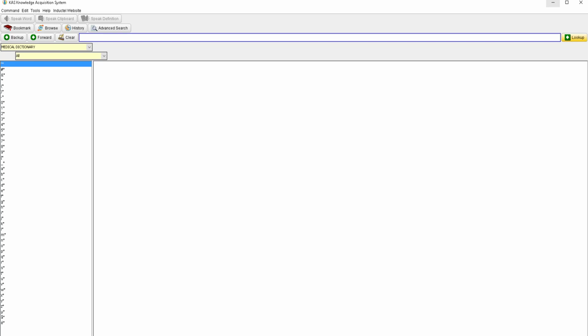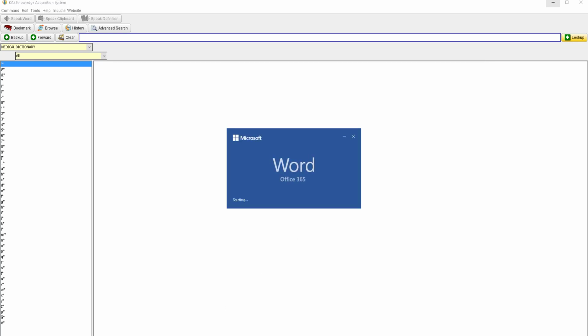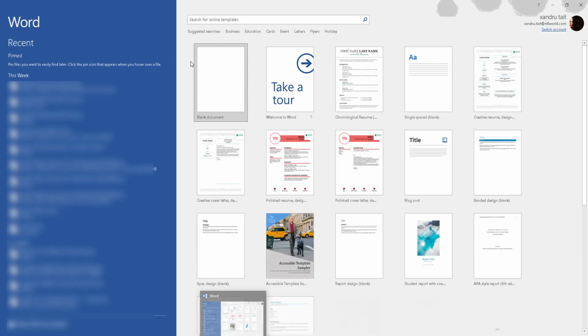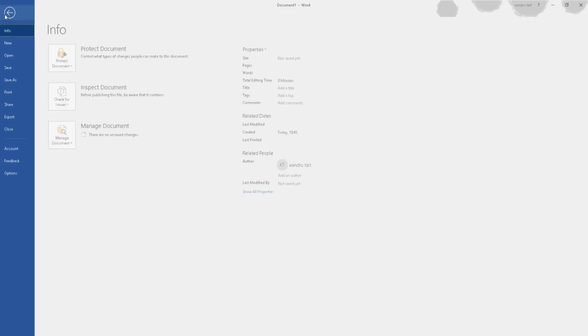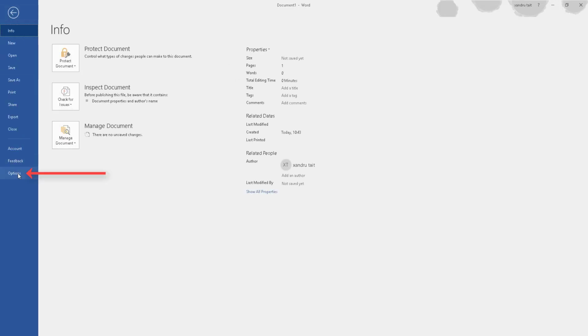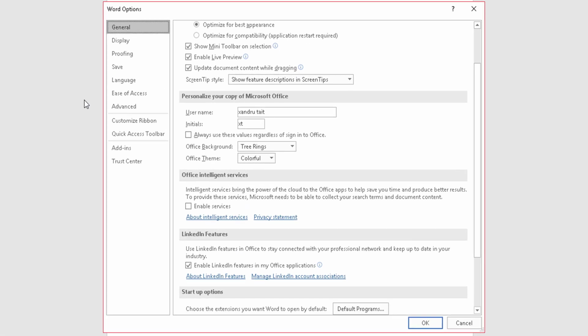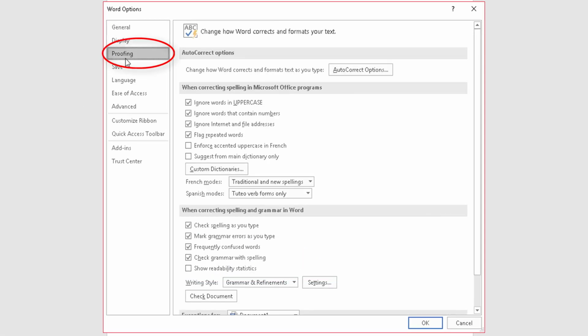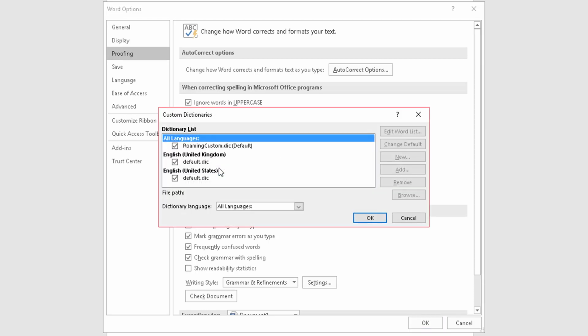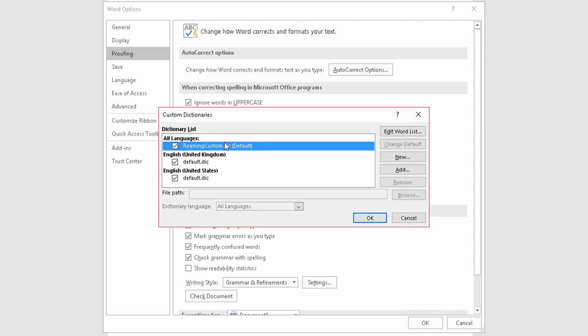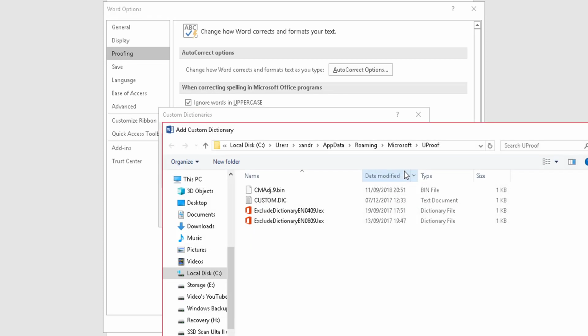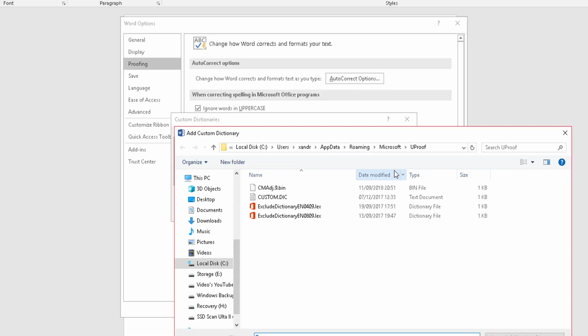So I'm going to do it in Word. So let's open a blank Word document, select our options. So top left hand corner, and we'll select options. Then come down to proofing. Now you can do exactly what it says on the website here and select custom dictionaries. Now we need to add it here. Now select add. Now I followed the way to do it and I couldn't find a dictionary, so I did